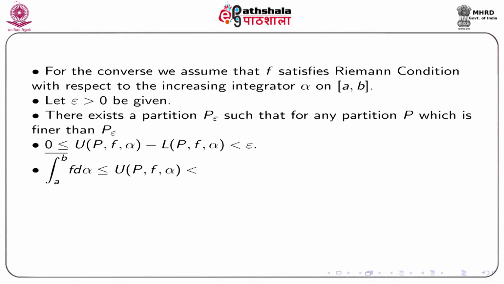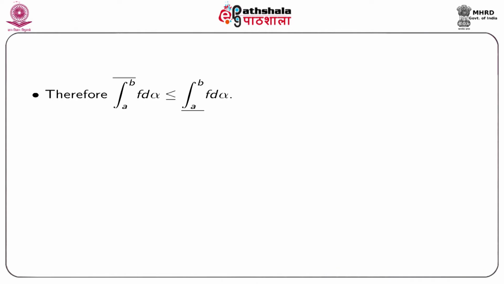Then it follows that the upper Darboux Stieltjes integral a to b f d alpha, this is less or equal to U P f alpha, but this is less than L P f alpha plus epsilon, and this is again less or equal to the lower Darboux Stieltjes integral plus epsilon. Since this relation is true for any epsilon greater than 0, so we get the upper integral is less or equal to the lower integral. But we already know that the lower integral is always less or equal to the upper integral. So, combining we have